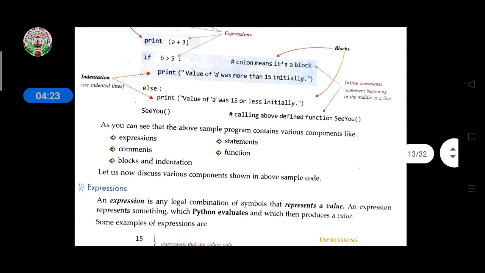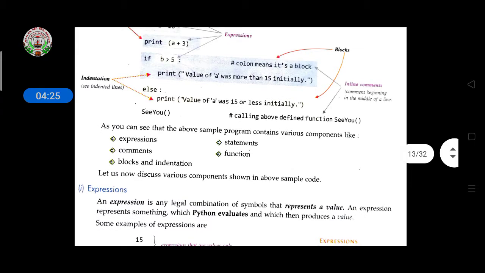At the last, hash is given here. Hash is used for comments. Last year we learned in HTML that while writing code, if you want to give some information to other users about why a tag is used here and what its use is, you have to mention a comment.